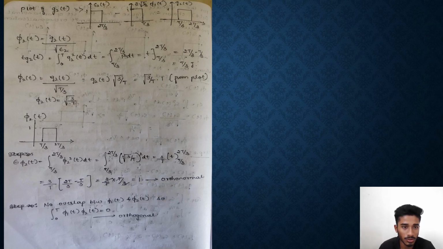Psi 2 of t is equal to g2 of t divided by root of t by 3, which is equal to g2 of t times root of 3 by t, which is equal to root of 3 by t into 1. So psi 2 of t is equal to root 3 by t. Now we have E psi 2 of t is equal to integration